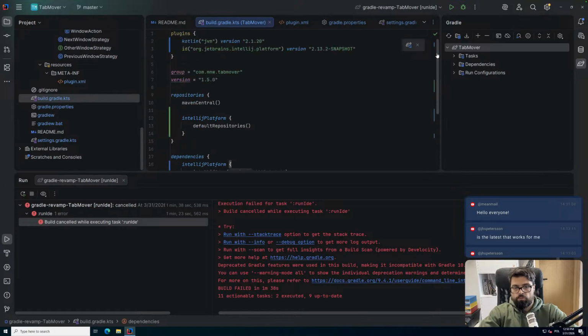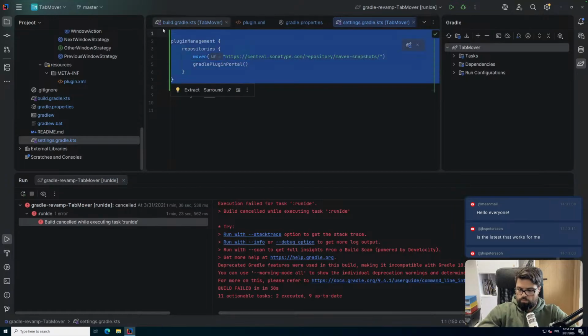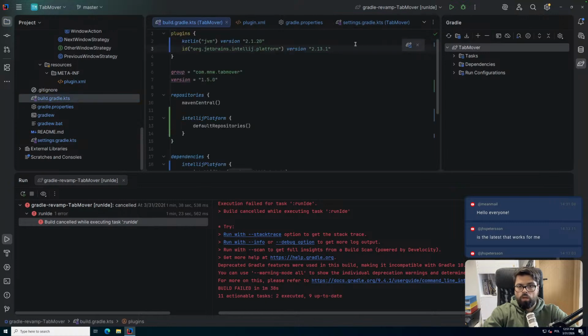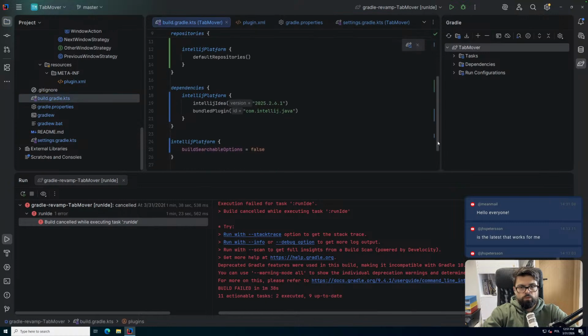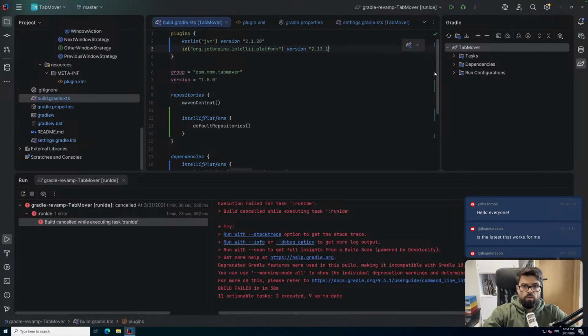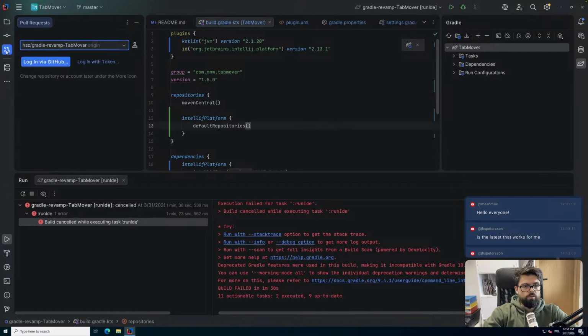Yeah, so migration from 1.x to 2.0.2 snapshot was successful. I can actually keep it stable here, so we can drop this part. We've bumped Gradle version to the latest available. Build searchable options are off. Yeah, that's that. Simple. Let's commit those changes and